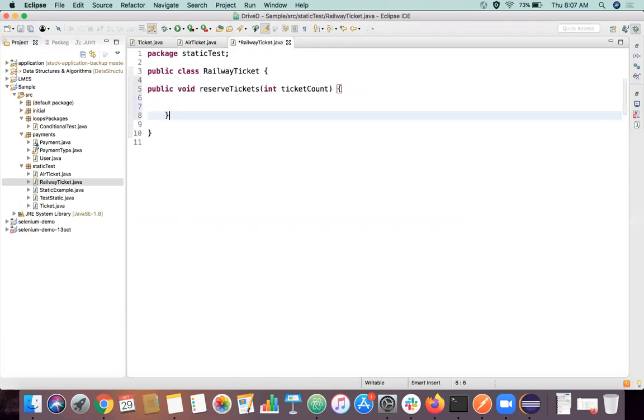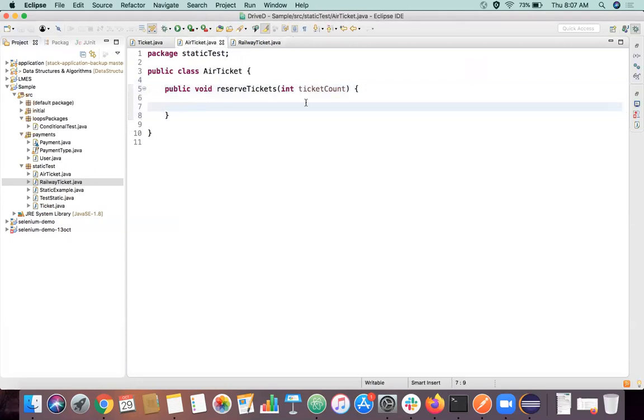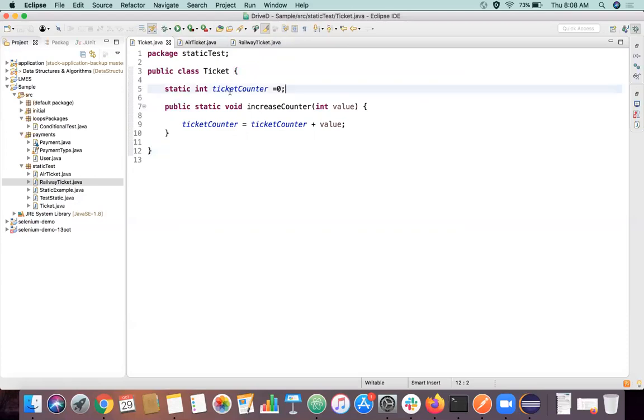So I have to reserve some tickets in a railway as well. I'm just going to copy paste this method. So what I'm going to write as the logic here is, I'm getting the value ticketCount here, and I'm going to increase the ticket counter value by calling this method actually.